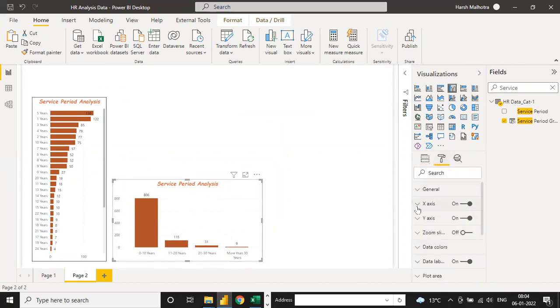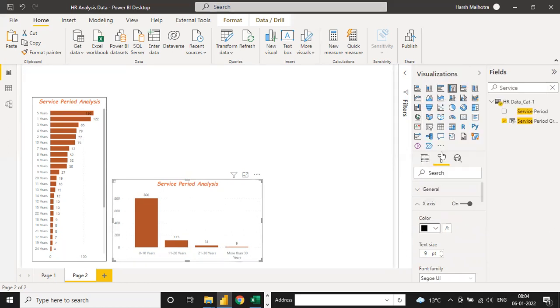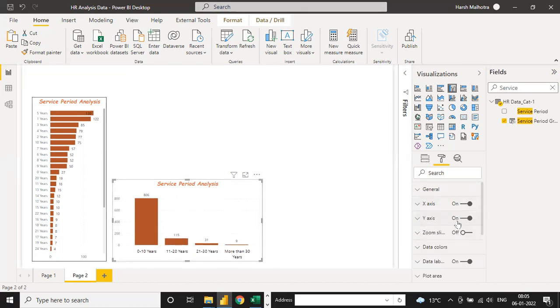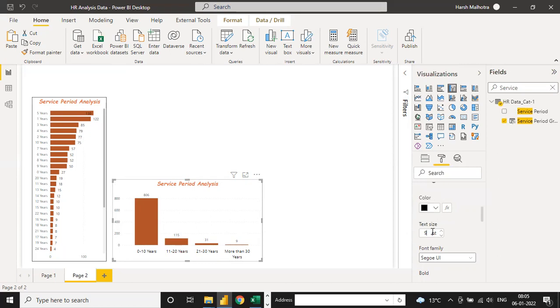So click on this, go to the x-axis. Now you can change the color to black. If you want, you can also change the size, and you can see the size is changed. Same way, click on the y-axis, change the color to black, and the text size will be a little bigger, so you can see the size is bigger.